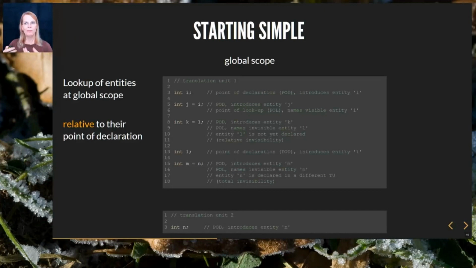This seems obvious and totally familiar to us because these are the C++ rules, but other languages may have different rules. So the visibility of a named entity depends upon if that name is declared within the translation unit before it's being referred to, and if the programmer uses an appropriate lookup algorithm that is capable of finding a name in the scope of its declaration from the scope that a name is being looked up from. Otherwise, a name is invisible at the point of lookup, but it may still be visible from a different point of lookup.